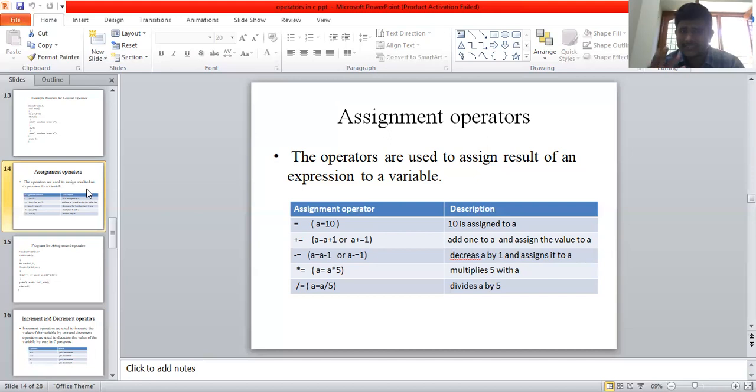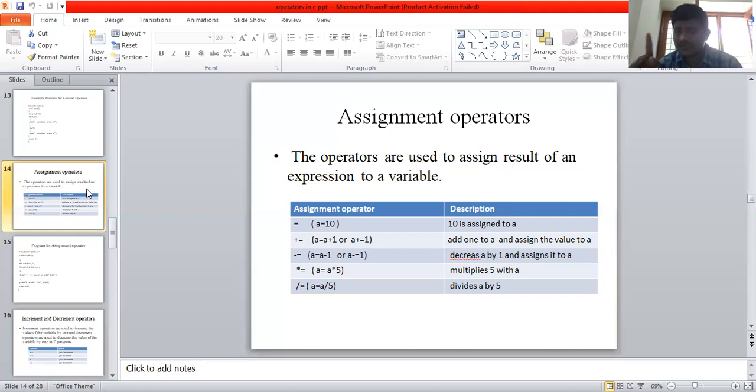Then 1 is added to a: 10 plus 1 is 11. 11 is assigned to the variable a. The description is: add 1 to a and assign the value to a. Okay, clear?